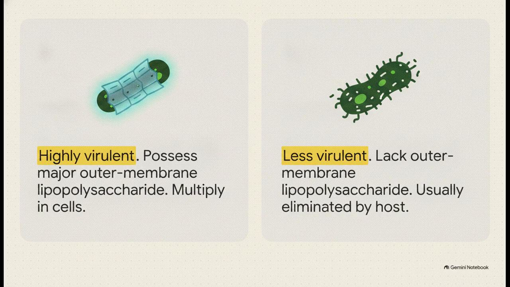Now, check out how these bacteria actually survive. When we isolate species like Brucella abortus or melitensis in the lab, they form what we call smooth colonies. These smooth forms possess a major outer membrane lipopolysaccharide. Think of this like biological body armor. It makes them highly virulent and lets them persist and multiply right inside the host's own cells. On the flip side, we have rough colonies, like those of Brucella ovis or canis. They lack this lipopolysaccharide armor. Because of that, they're generally way less virulent and get cleared out more easily by the host's immune system. Make no mistake, though, those smooth ones are the true danger.